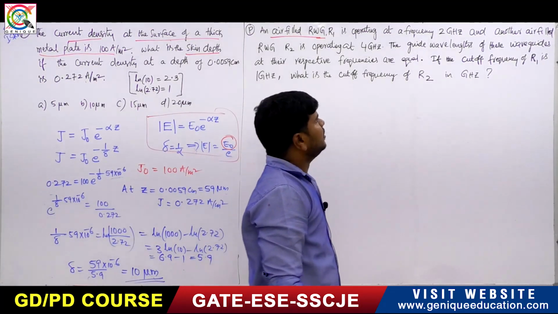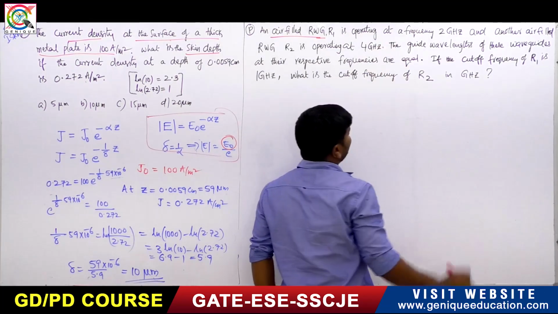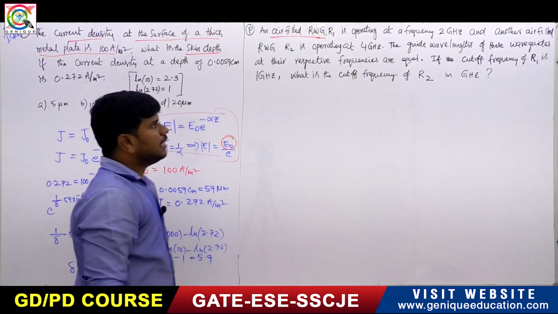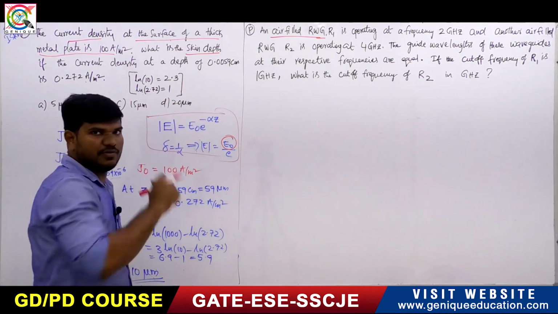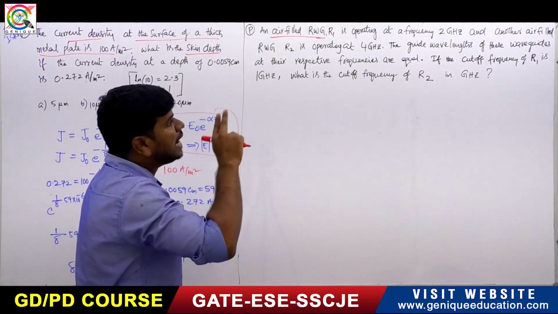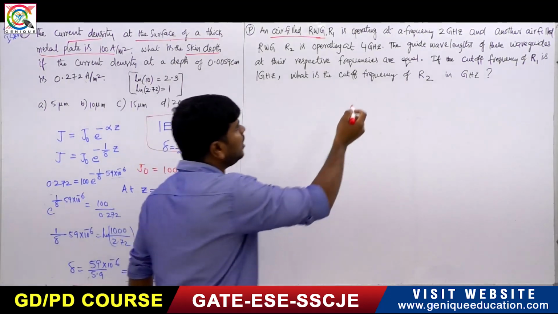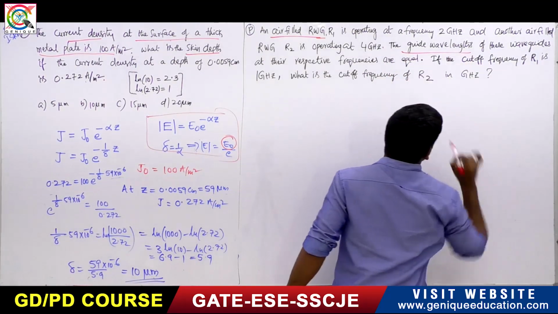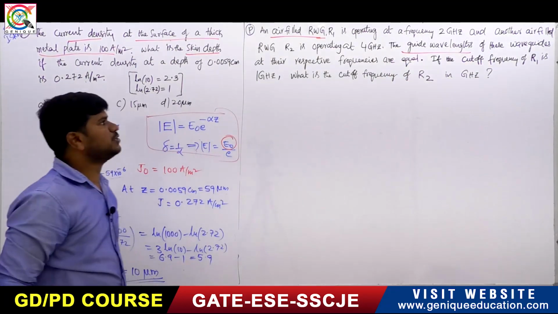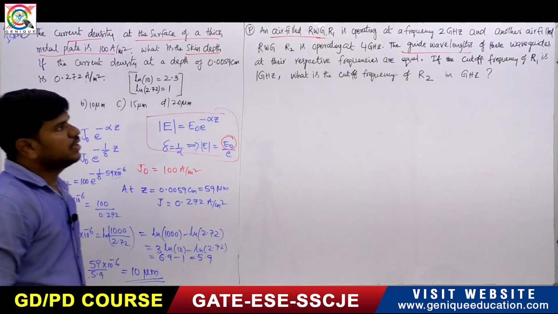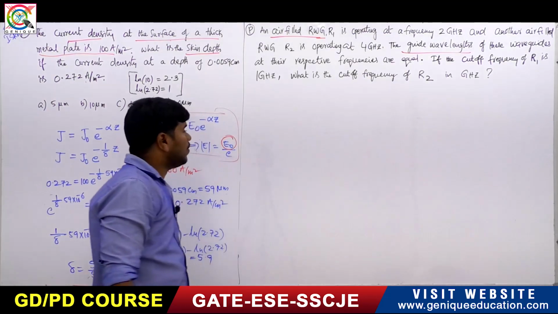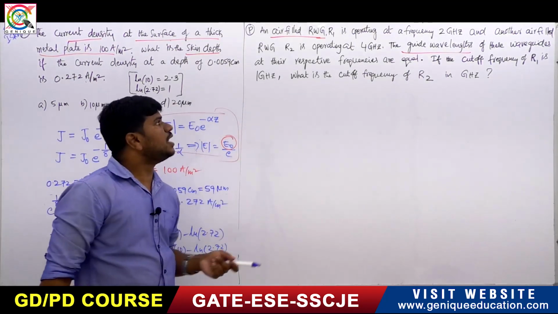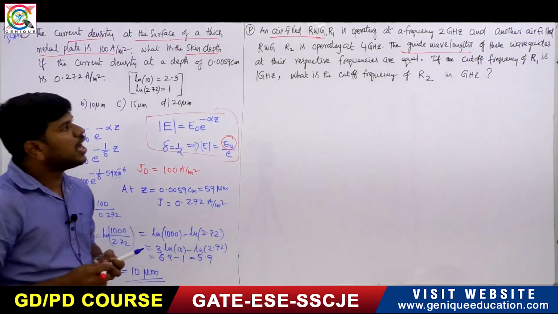Now, the guide wavelengths of these waveguides at their respective frequencies are equal. If the cutoff frequency of R1 is 1 GHz,